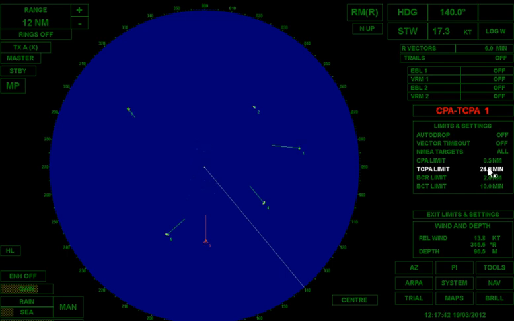It would depend on what kind of situation I was in. If I was in open ocean, I'd want these numbers higher. If I'm in close quarters situation, like in a harbor, I'd want these numbers to be lower. We can talk about that later on. Okay, so now,